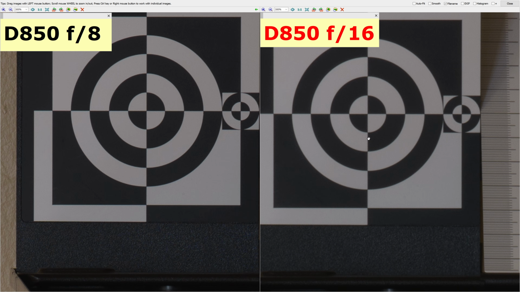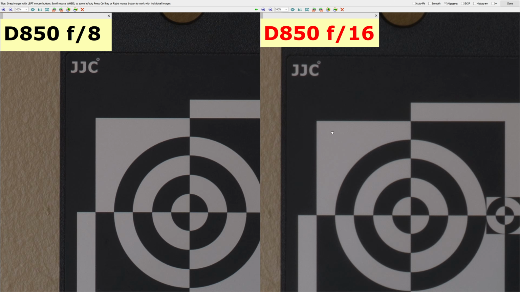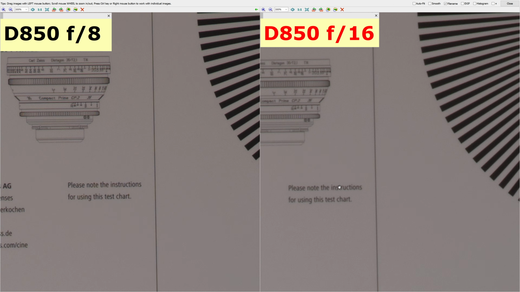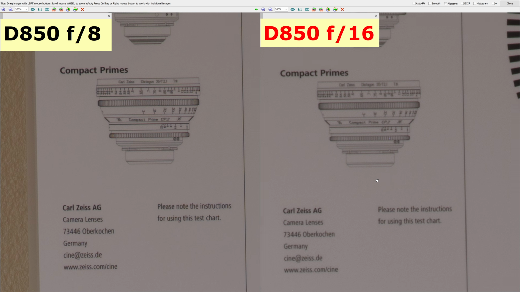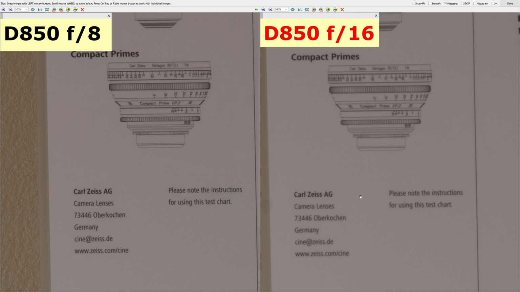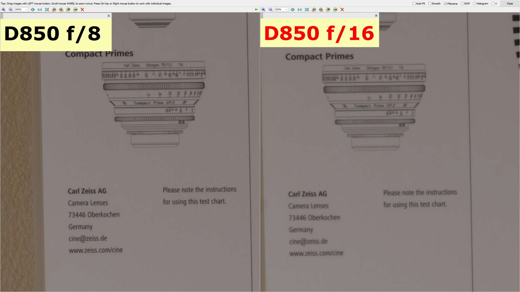You see that? And as far as the pieces of wood on the barn, which depend a lot on texture, this is your texture at f8, this is at f16. And if we move to the areas of perfect focus, because on that thing I'm half an inch off, this is your comparison.